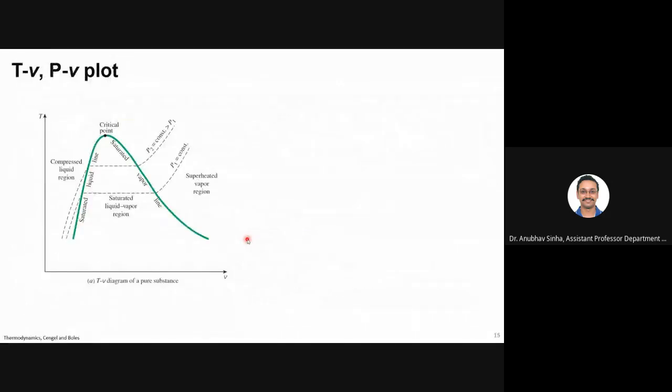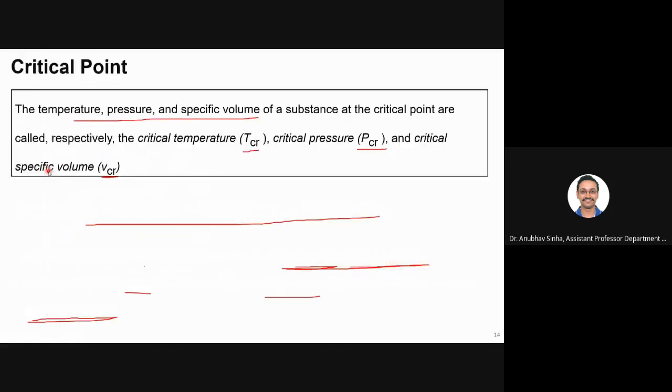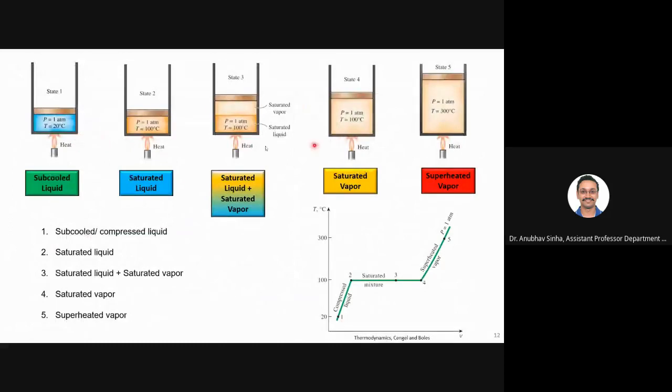So let us now focus on this vapor dome. This is what I am interested in: what lies inside this dome. This is called the vapor dome. Let us look at the different regions. This is a compressed liquid region. On the left side of this, we have compressed liquid, what we have seen in that initial plot. Just keep in mind how we have defined this: subcooled or compressed liquid, saturated liquid, liquid plus vapor saturated mixture, saturated vapor, and superheated vapor that we have plotted here. We'll see that in this diagram now.